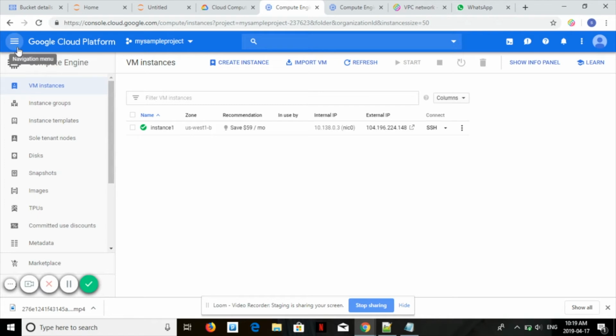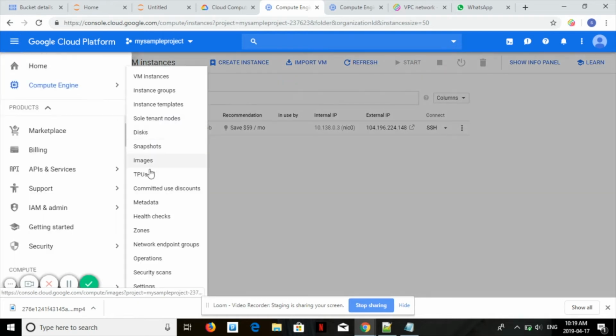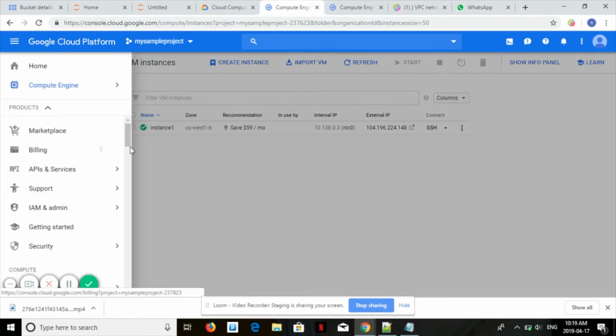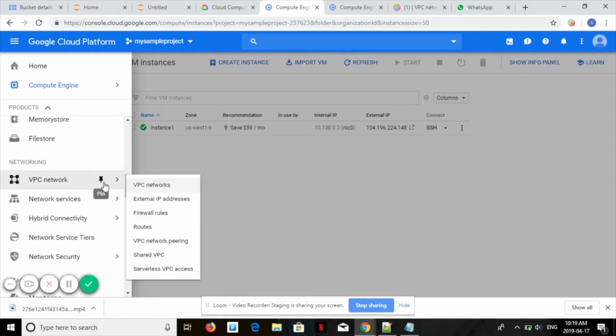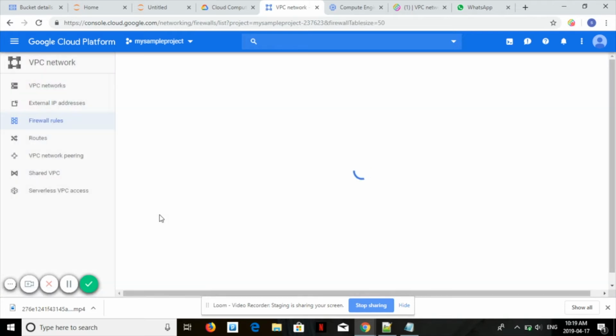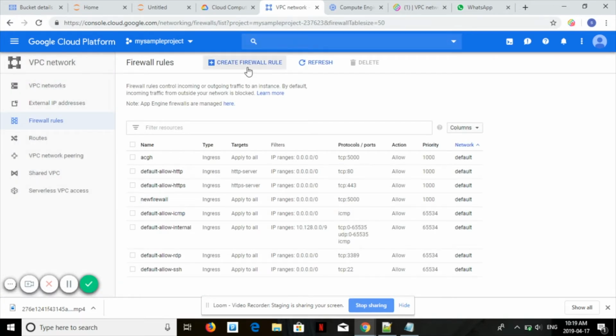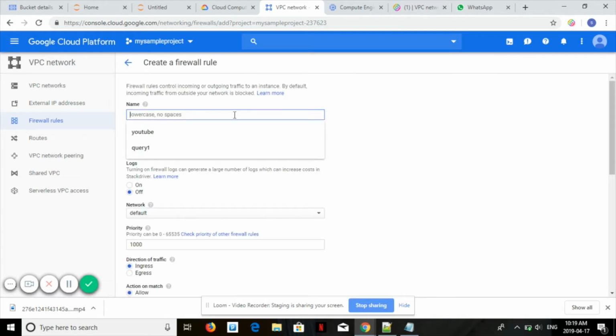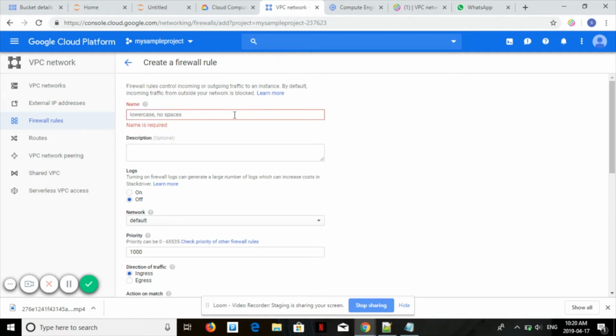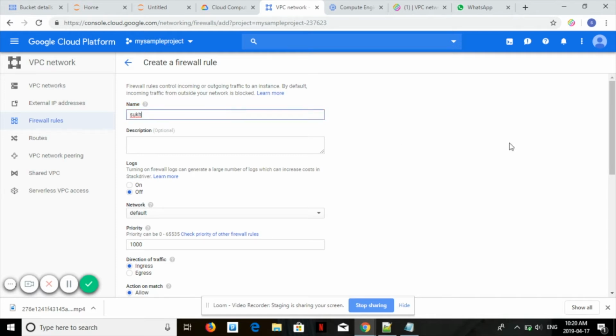After that, you have to create firewall rules for this instance. For this purpose, go on the left panel and then go on VPC networks, firewalls. You can create a new firewall with any name here, like I'm going to use Sook as my name,